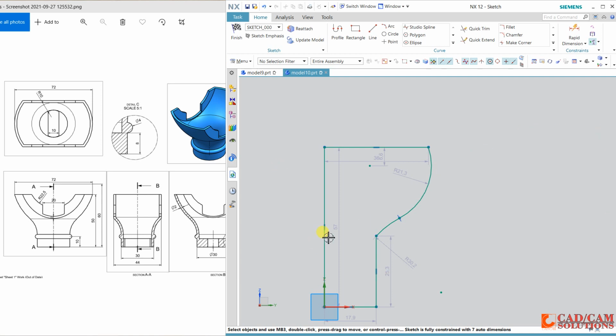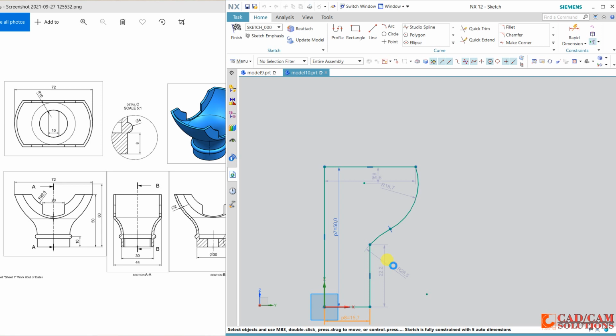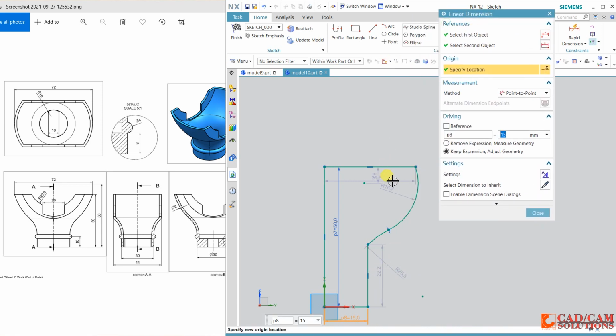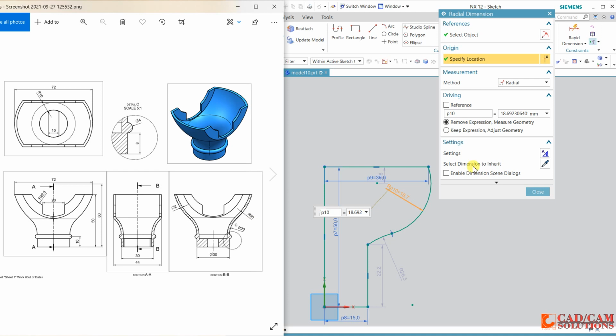Now I will define all the dimension. 50, this is 15 and this is 36 and the diameter is 50